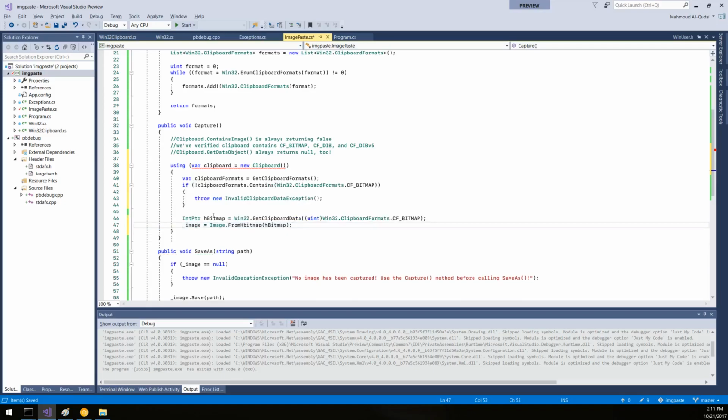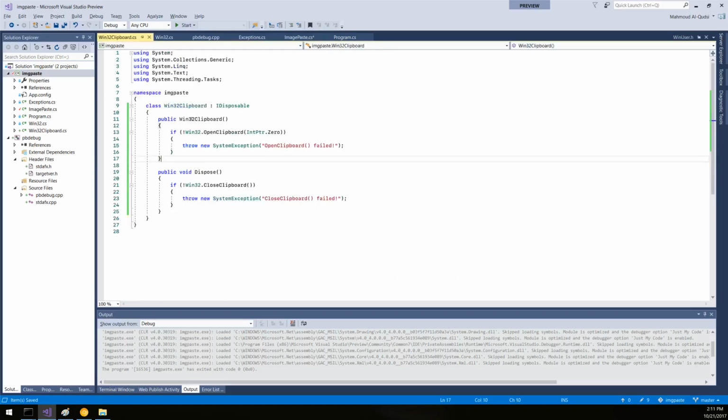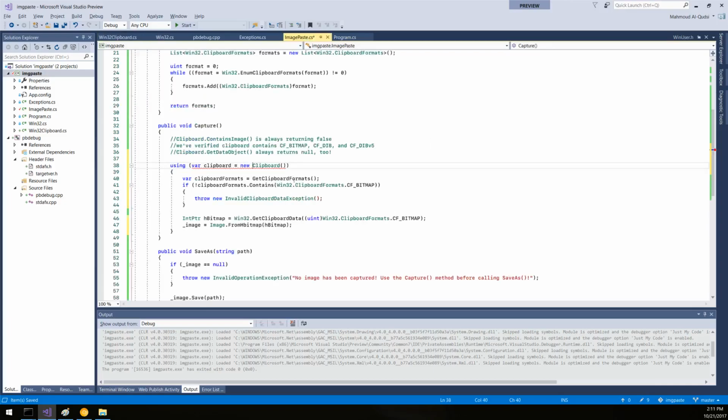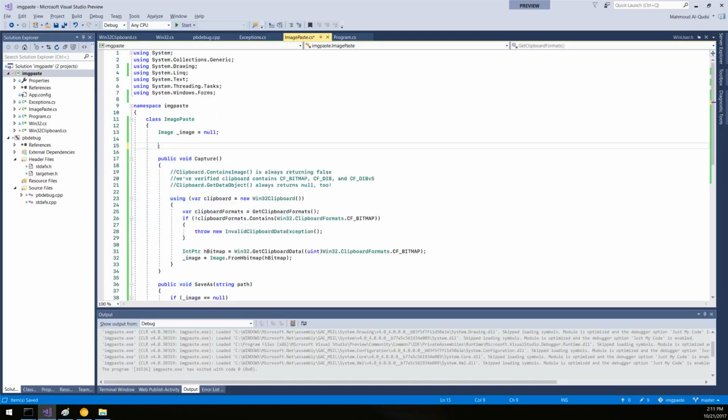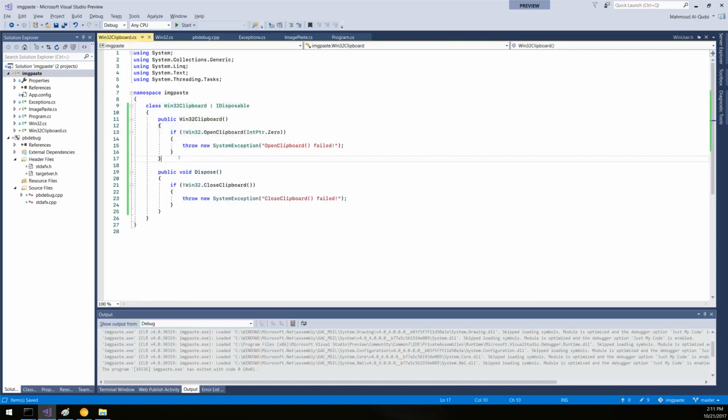Now when the exception is thrown, the clipboard will be properly closed. It's not clipboard. Well, that's fine, Win32 clipboard. And we can actually move the GetClipboardFormats function to the clipboard,